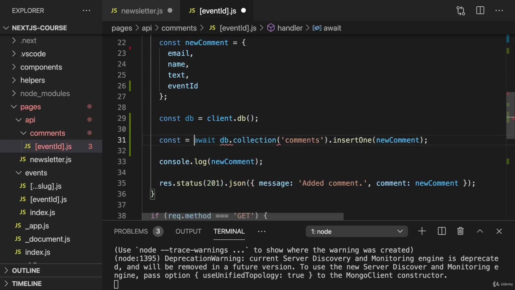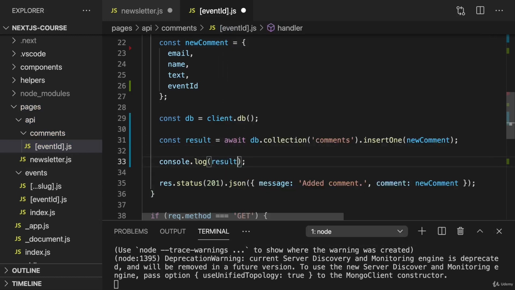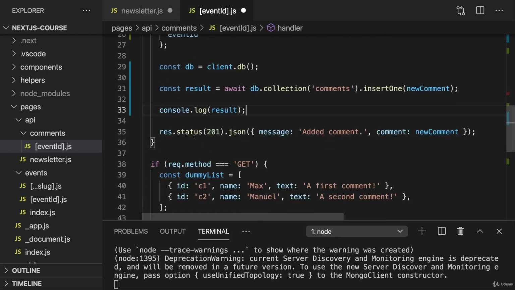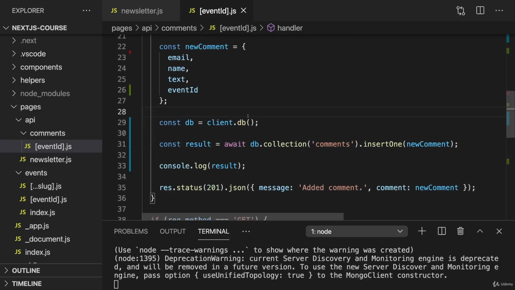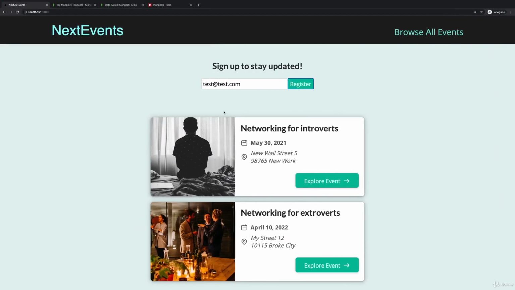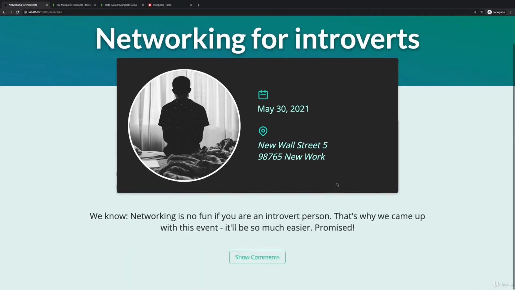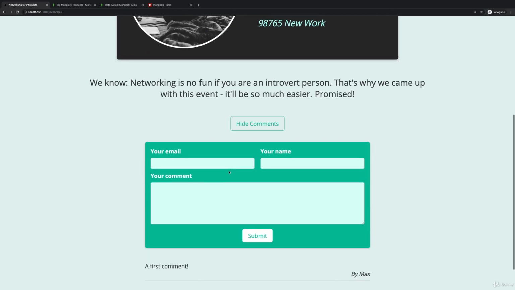Now we do get back some response here, by the way, some result of that insertOne operation. And I will console log that result for now. And therefore, that's now my code here in the post case, so that we add a new comment. Before we work on the get case here, let's save that code and let's see whether it works and makes sense. For this, I'll dive into an individual event, show my comments, and add a new comment with some dummy